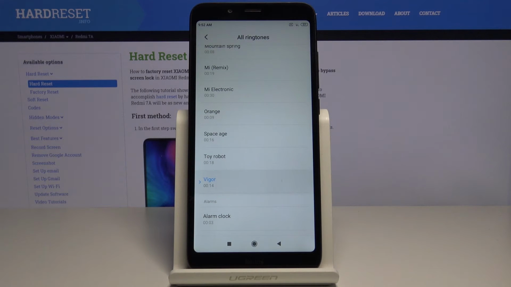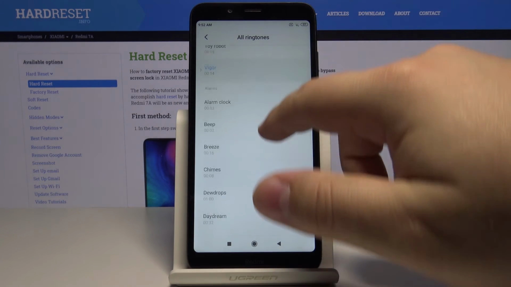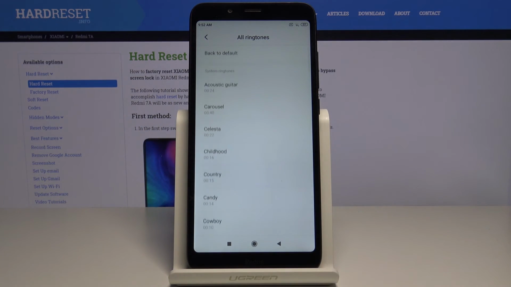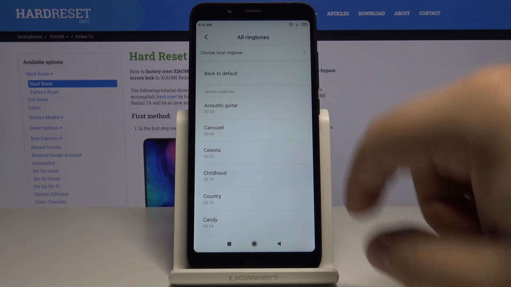And that's all of the ringtones. Below we have alarms, so we won't listen to them. Okay, to change the ringtone, just select one, for example this one,